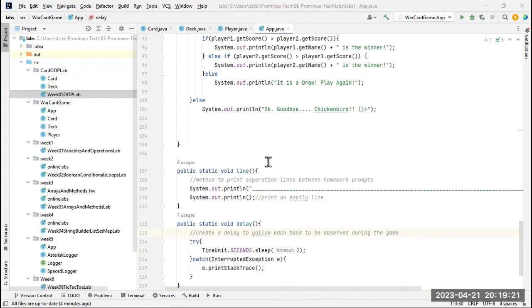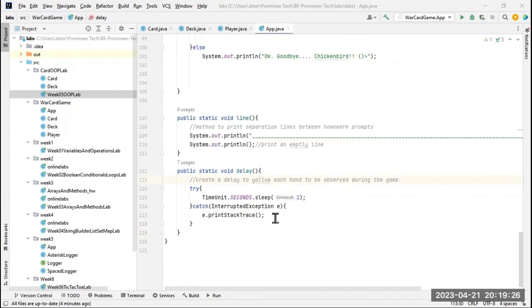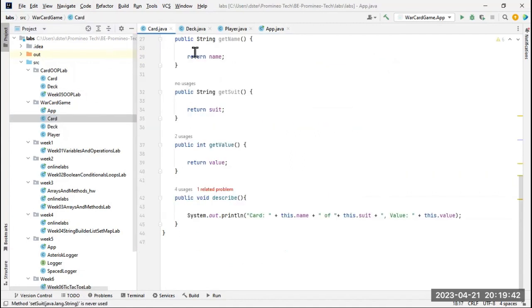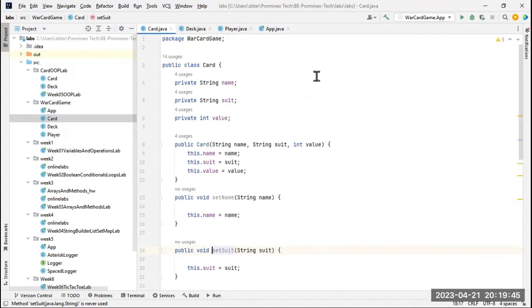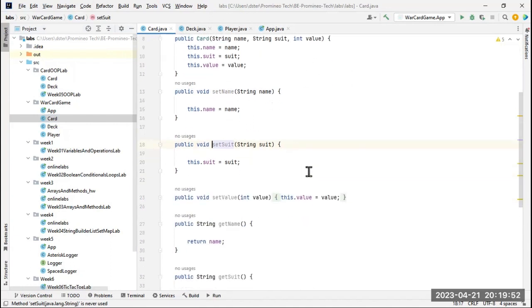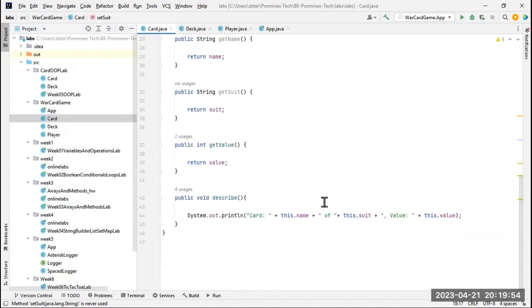And so then you see a method I use to separate various parts of the program, and this is my time delay method, which I use to introduce about a 2-second delay between various parts of the program. And so for my classes, here's the card class where I instantiate or create the card, and my getters and setters, and the describe